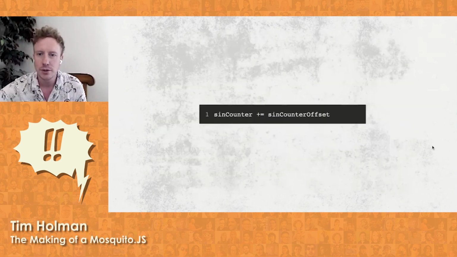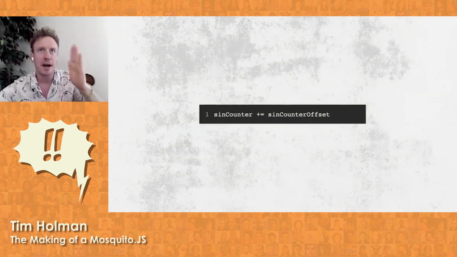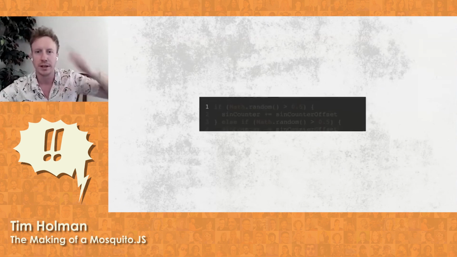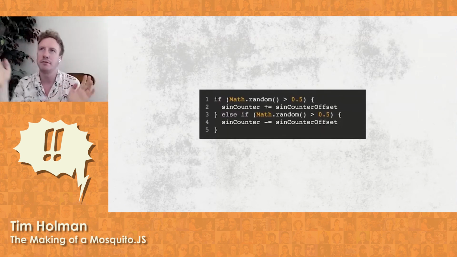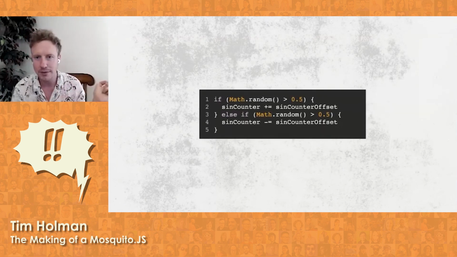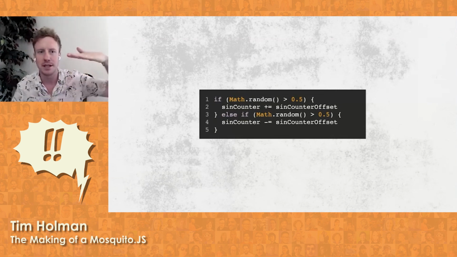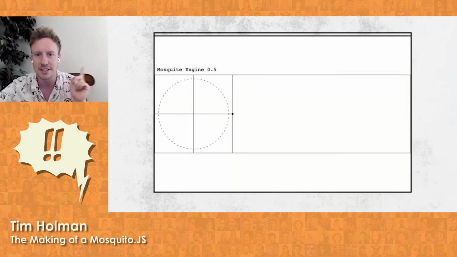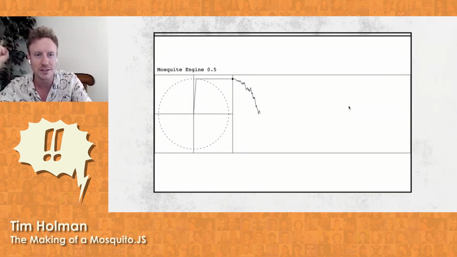So I decided to, rather than completely just keep adding to the sine counter, putting it round and round, decide that 25% of the time I would move backwards and 50% of the time I would move forwards. And the other remaining 25%, it would just stay static, which gives us this staggered Mesquite Engine. I call it Mesquite Engine 0.5. And if you were to listen to it,